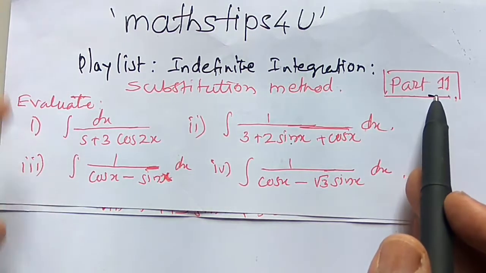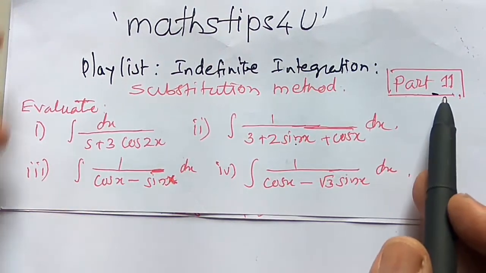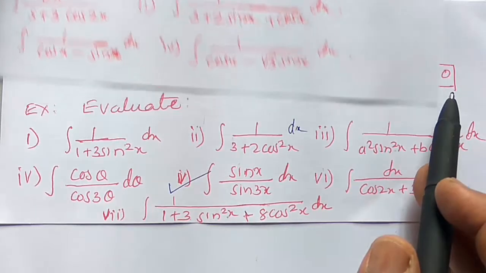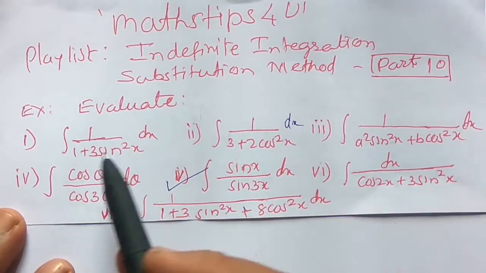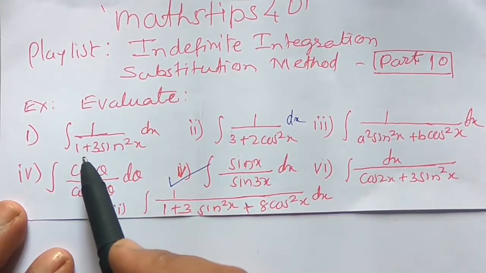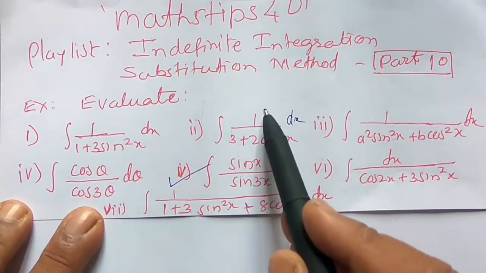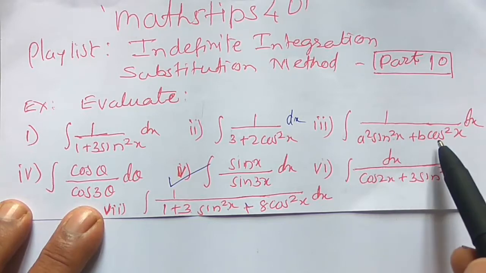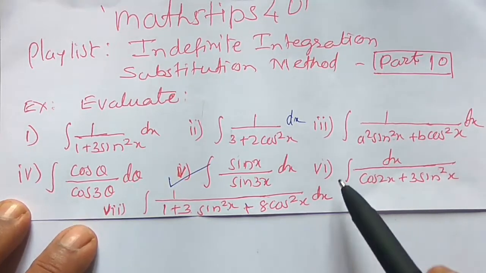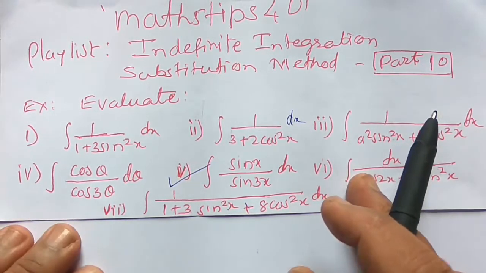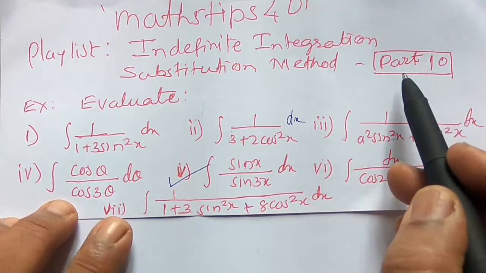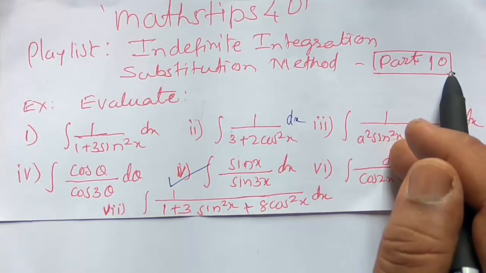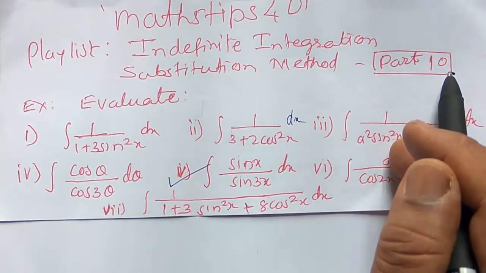Now in the last part, that is part number 10, we have seen the solution of examples like this: 1 upon 1 plus 3 sin square x, or 1 upon 3 plus 2 cos square x, or a combination of sin square x and cos square x. Such type of example we have seen in part 10. The solution for such type of example is